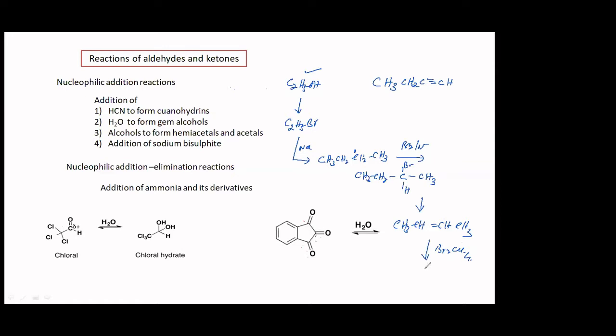Then somehow you have to get bromine in this, fine. You have to get the terminal one by dehydrohalogenation. Supposing you use a very strong base, you can do that, NaNH2. You will get the terminal one in this case. If you use a very strong base, the base is going to take away proton from the terminal carbon. This one you will get. Now you will get CH3, CH2, CH double bond CH2.